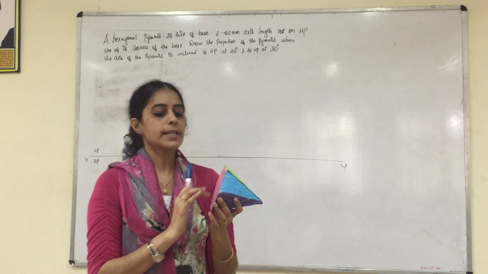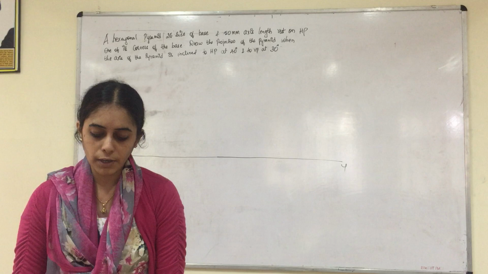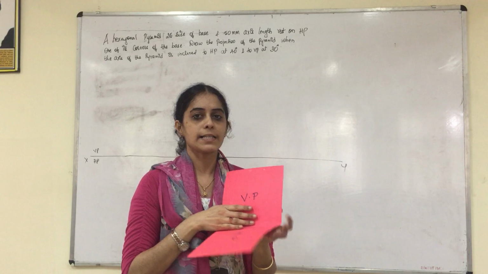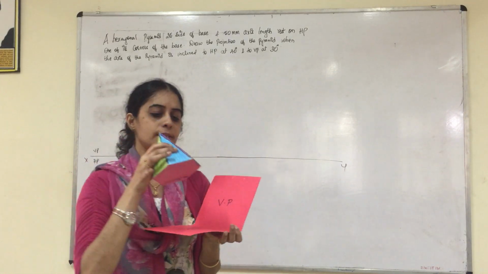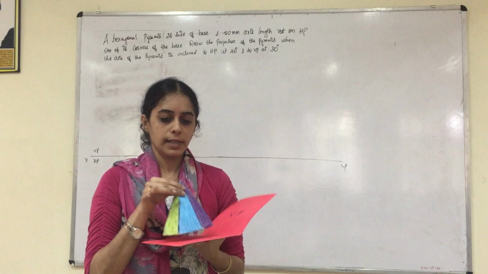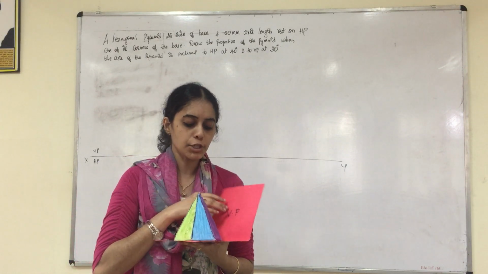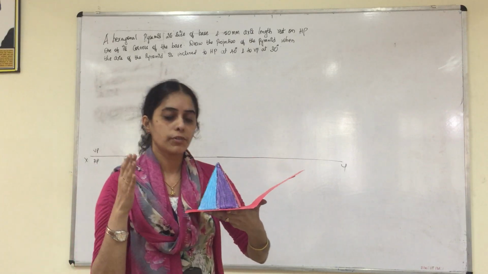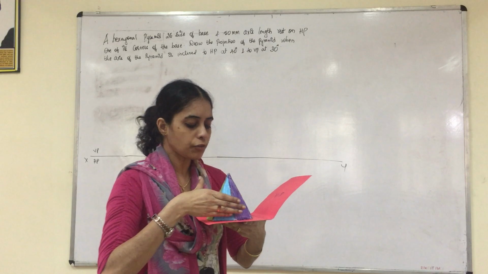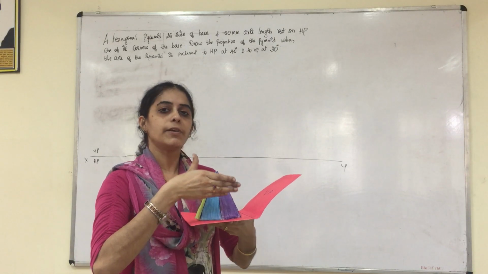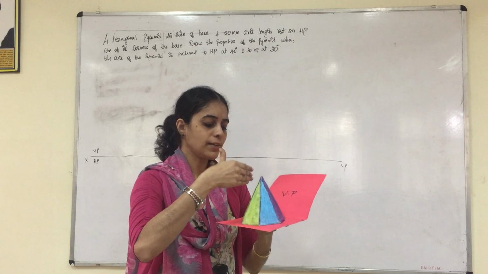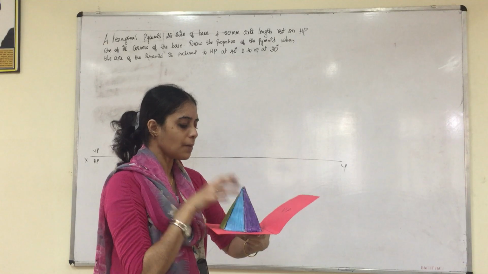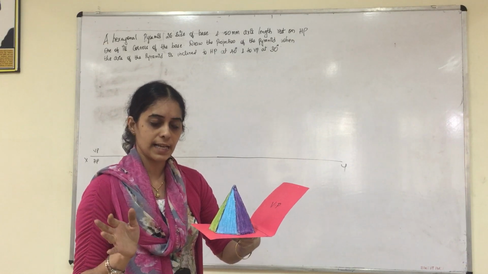So you have 6 corners. You have to align one of the corners of the base on the horizontal plane. So we have our horizontal plane as well as the vertical plane. If we place the given solid object, in our case the hexagonal pyramid, in such a way that it is resting on one of its corners, then always, when it is told it is resting on one of its corners, we have to keep one of the corners towards our right. When we keep one of the corners towards our right, we will have the opposite corner towards our left. So this should be the position of the given hexagonal pyramid.